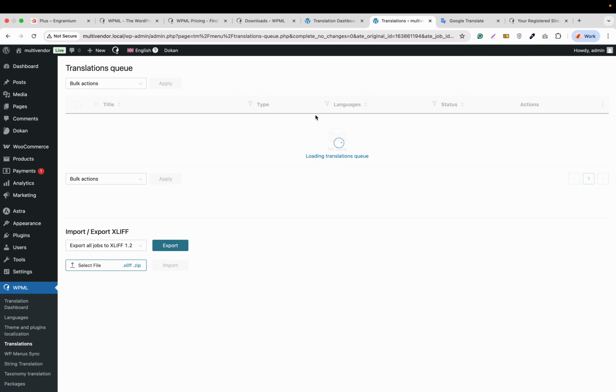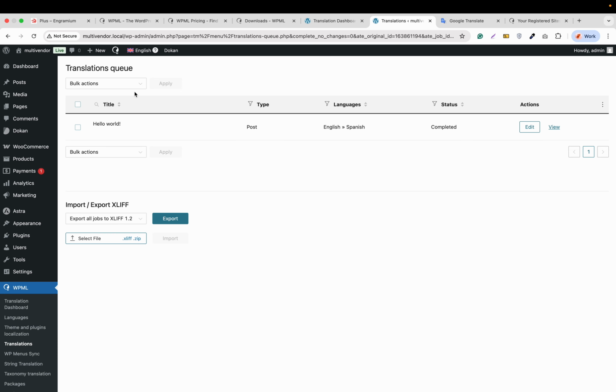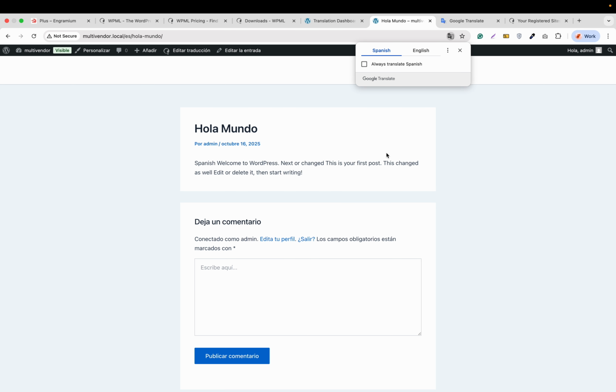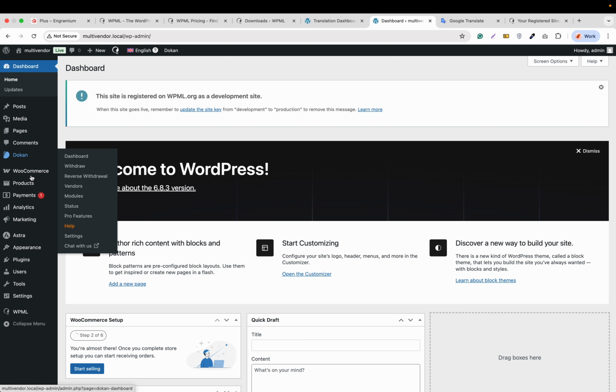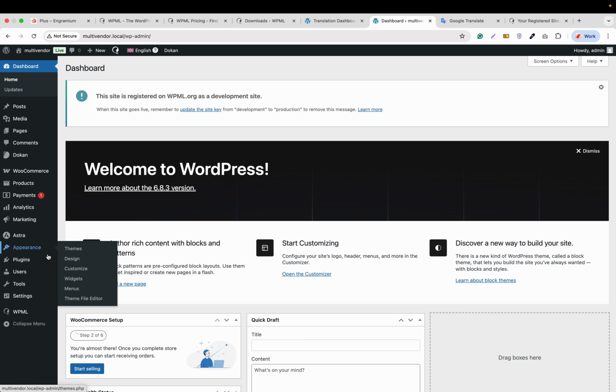As you can see, after completing the translation, we will be redirected to translation and the translation QE, and we can view it as well. For example, as you can see, our Spanish translation is showing fine. Now let's go back to the WordPress dashboard, and from here we'll go to appearance,